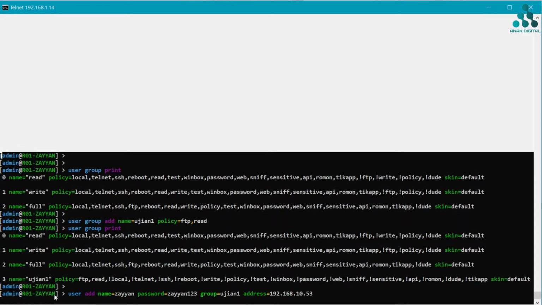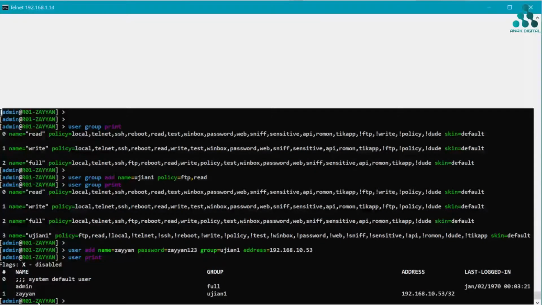Click enter and then check again with user print. Okay, I am successful in creating a new user with the group ujian 1 and address 192.168.10.53.